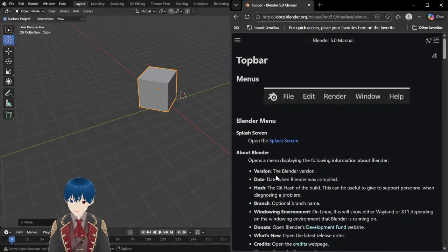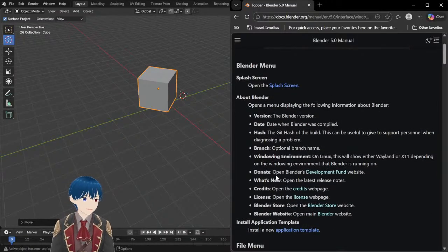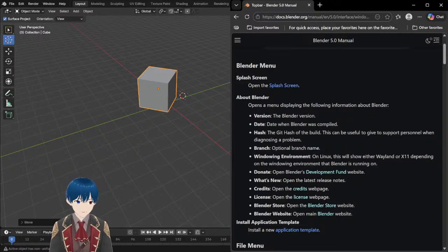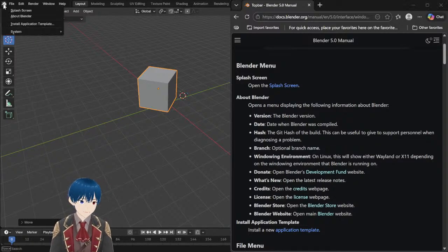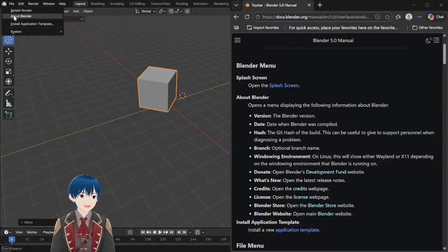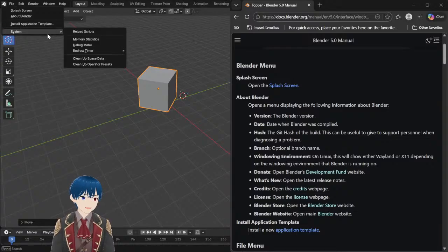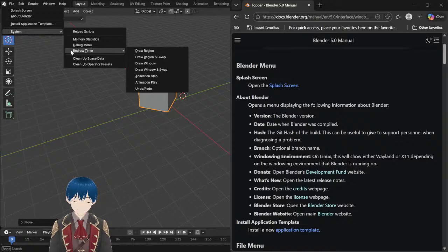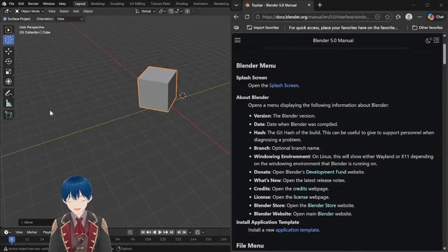And then about Blender. Wait, there's an about Blender button somewhere? Oh, right here. Okay, so we're talking about this right here. Splash screen, about Blender, install application template, and then system. How many layers are there in here? Well,